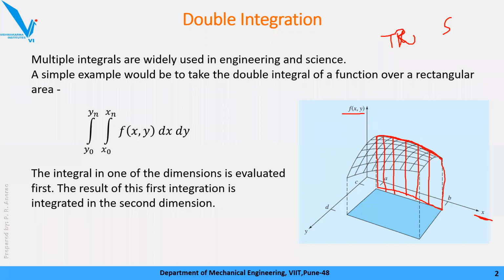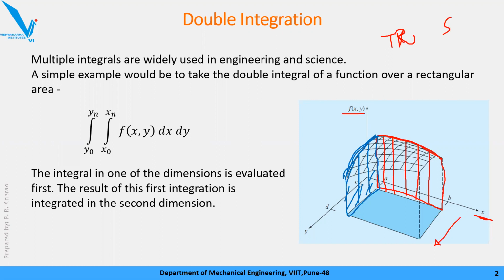Then, a similar pattern we follow in the y direction. In the y direction, assume we are focusing on this part of the curve. Again, applying the trapezoidal rule, we will cut this area into a number of strips. Applying the trapezoidal rule, we will calculate the area under this curve. If I had a chalk and board, I would make it a little clearer, but I'll try my best.